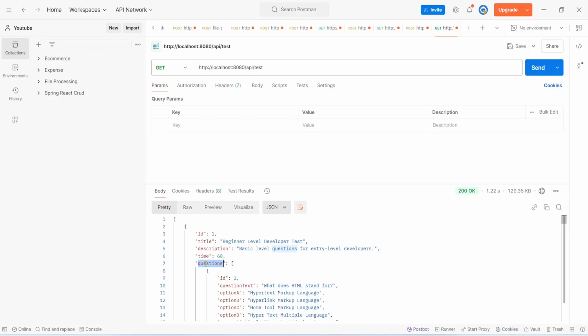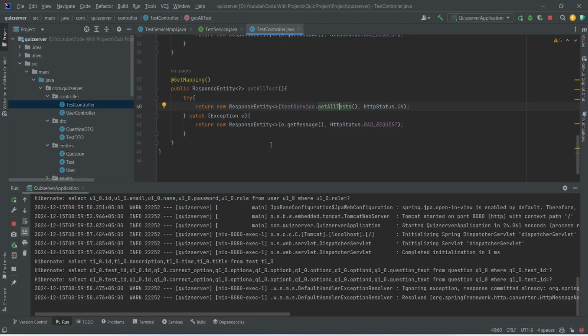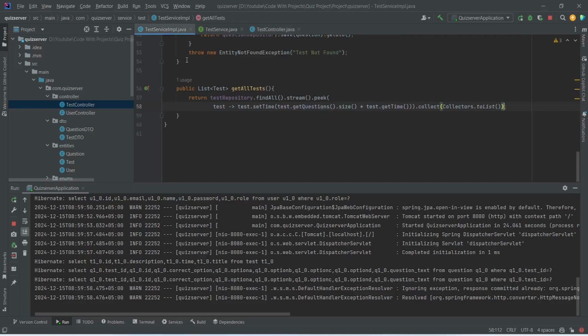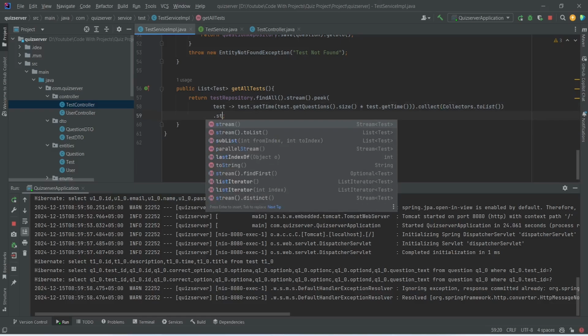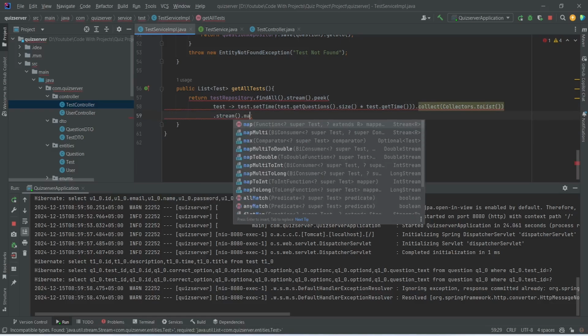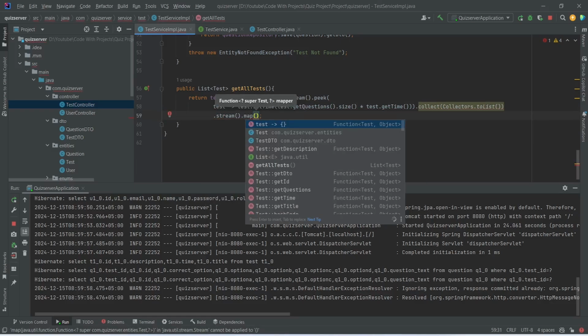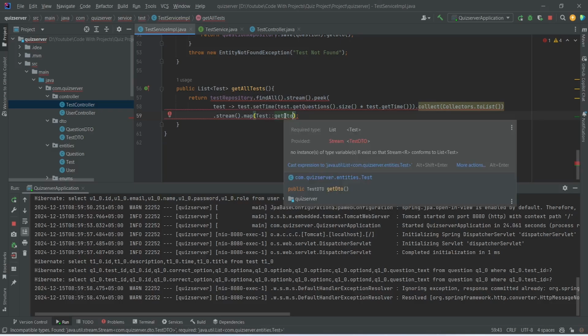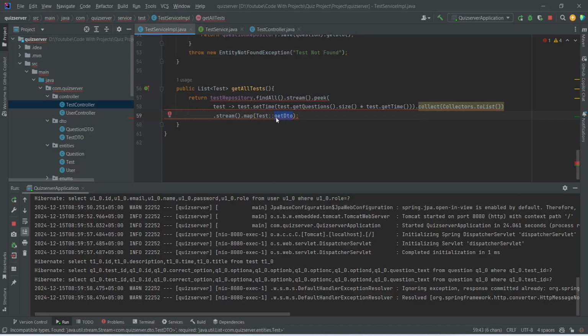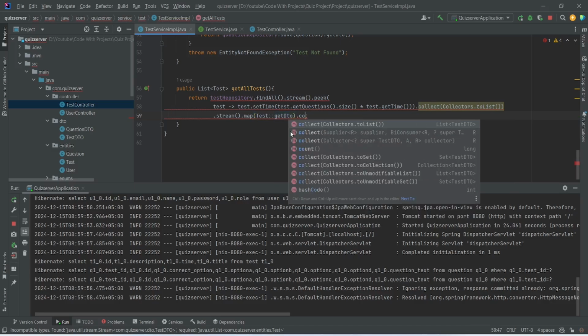Now to fix this issue let's go back to our Spring Boot application, and open test service implementation. In the getAllTest method we need to convert the Test into the TestDTO before returning the response, and to do this we will apply stream on it again, and after this we will call the map method, and in this map method we will call the method getDTO. As you know, this method converts the test entity to the test DTO, and after this we will collect it to the list,